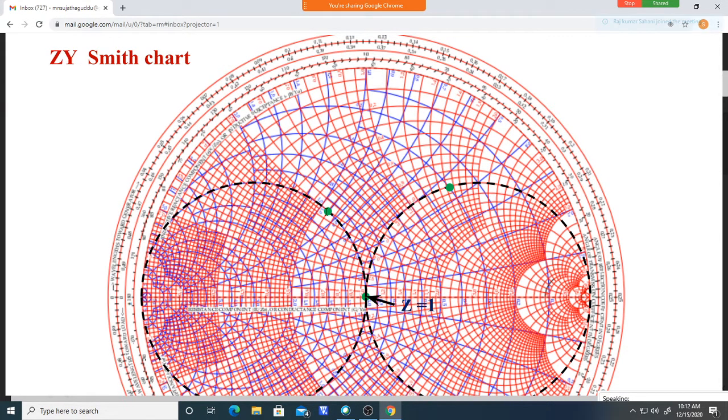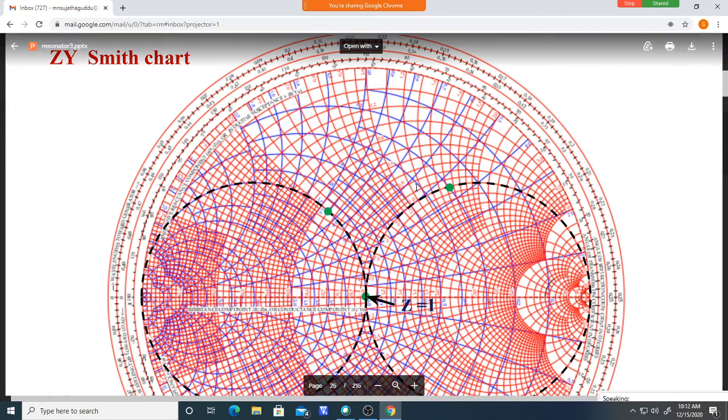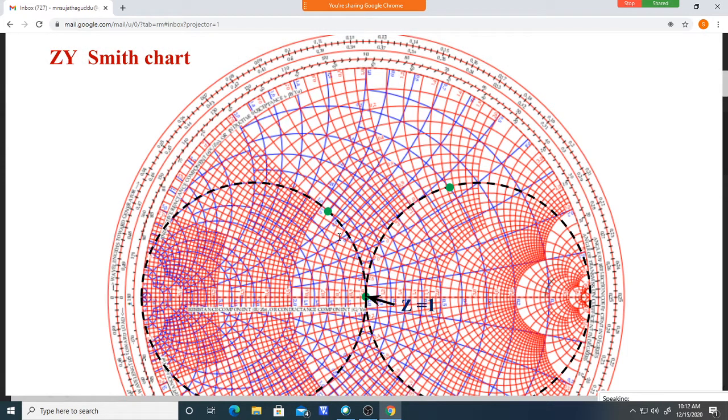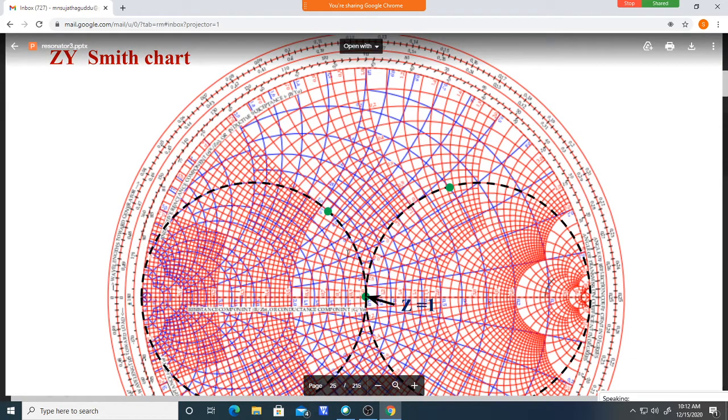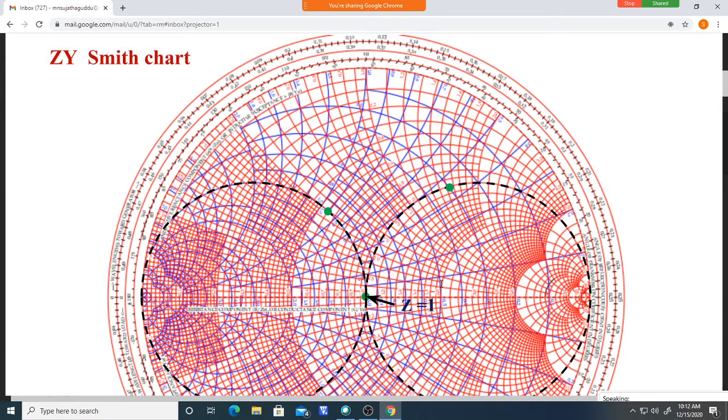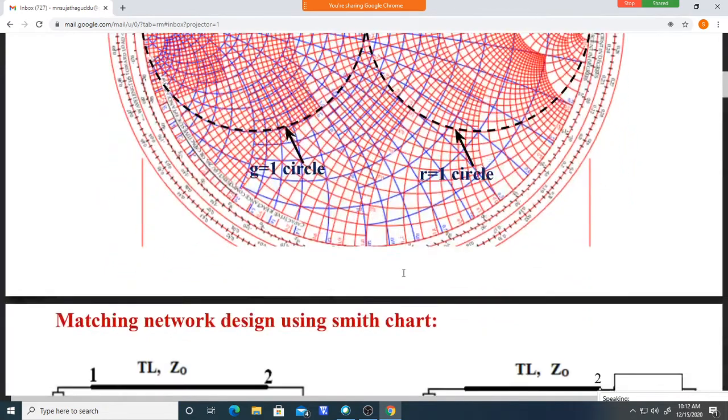Similarly, a conductance circle is also passing. This is a conductance circle passing through the point. You should be able to identify the resistance circle and the conductance circle passing. Similarly, the reactance circle and susceptance circle passing through that particular point. This is the conductance circle, this is the resistance circle. So this is about how to find the reactance, susceptance, conductance and resistance values at any position over the Smith chart. Next we will move to impedance matching.